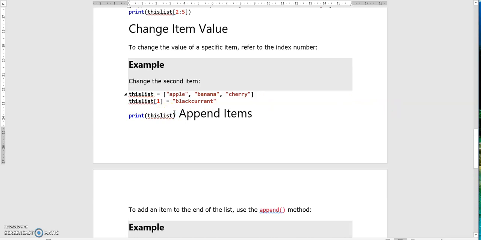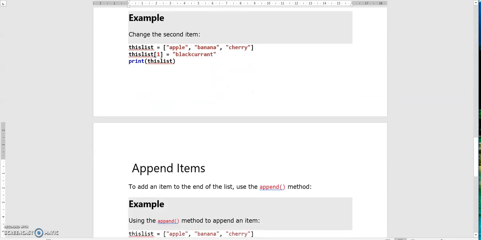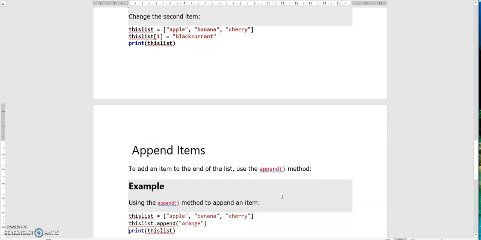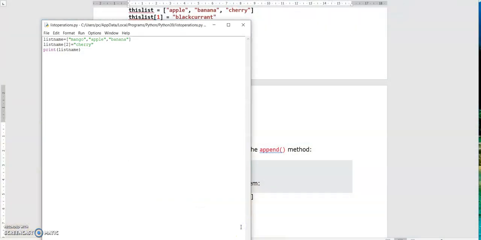Let's see next, append items. Appending means adding an element. To add an element to the end of the list, use the append method. By using the append method, we can add an element at the end of the list. Let's see this with the help of an example.